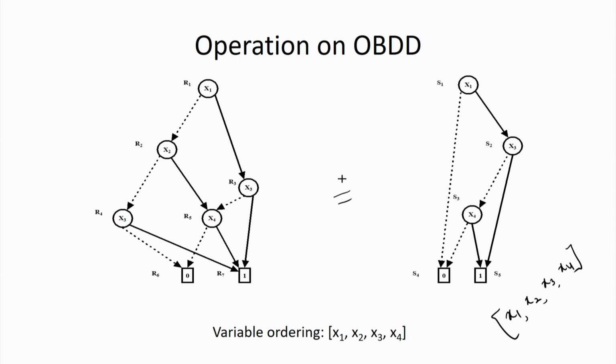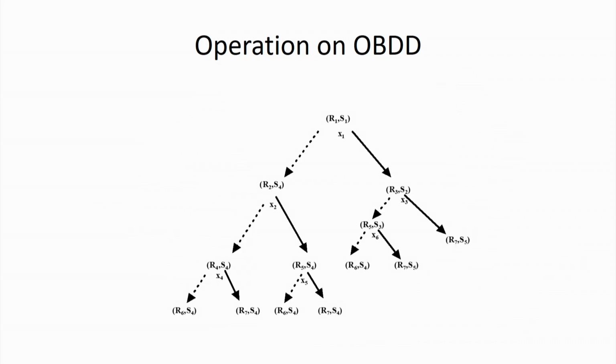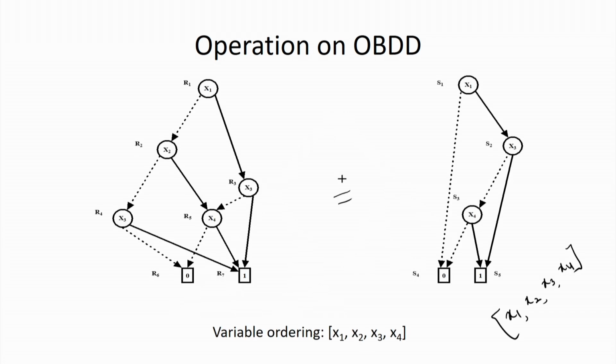It is a recursive call and we will always start from the root node. Now, both the nodes are your x 1 node. That means, while I am going to construct a BDD, we are going to create an x 1 node. So, when I am going to create an x 1 node, you just see that this is the scenario that we are going to have.